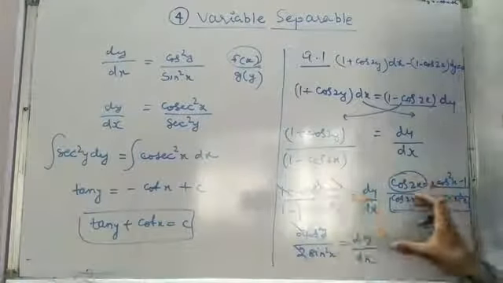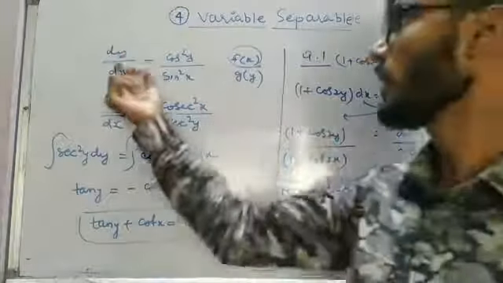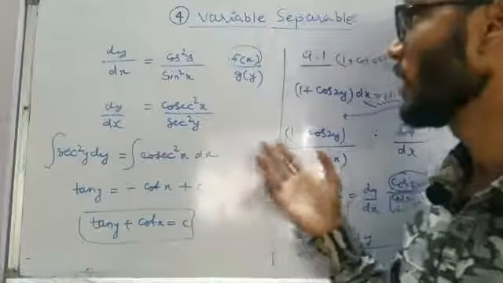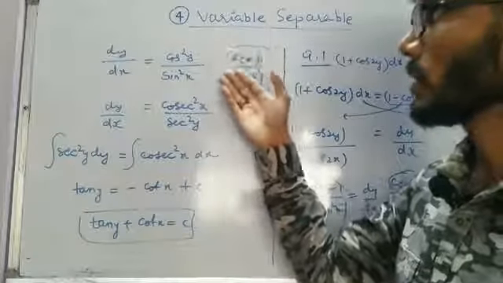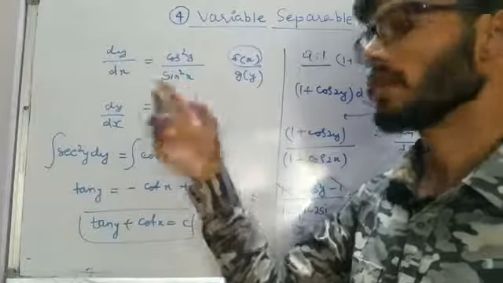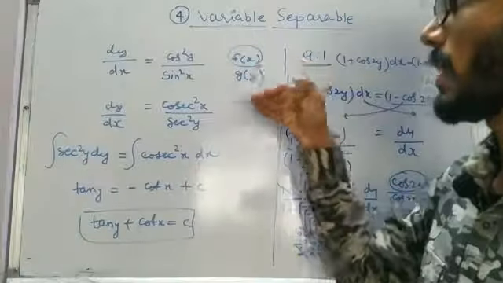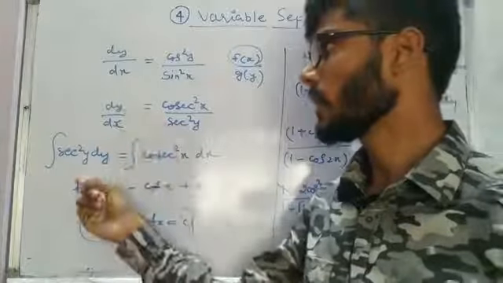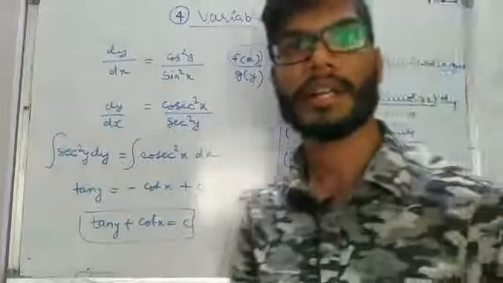We just have to simplify the given differential equation format, and bring it in terms of dy by dx is equal to function of x divided by function of y, so f of x divided by g of y. We have to make sure of this, because if we multiply in the other form itself, this will become dy sin square x, and integration of x with respect to y is going to be of no use. So we have to make it in terms of f of x divided by g of y, so that the y terms come together and the x terms come together, and we can integrate it and come to the solution.